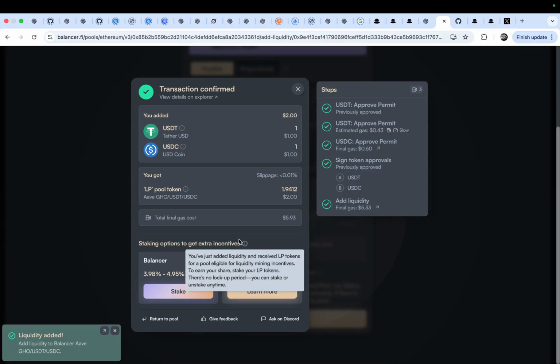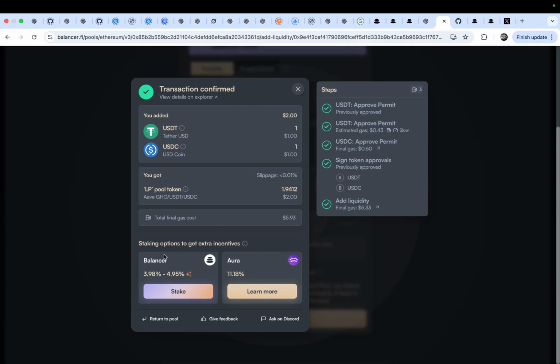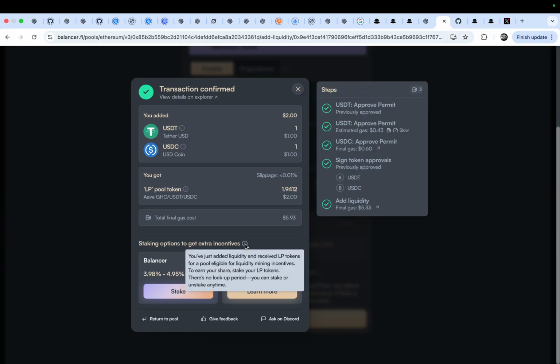Okay, I finished the operation of adding liquidity, with staking options to get extra incentives. You just add liquidity and receive LP tokens for pools eligible for liquidity mining incentives.